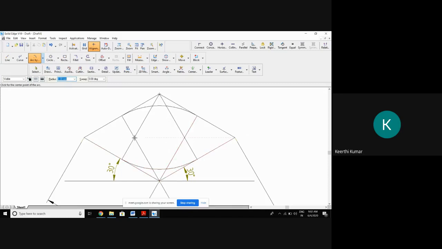Again, we need to draw the arcs other side. So take this intersection point as a center. This as a radius, cut an arc by using the compass. Then again, these two as intersection, radius, cut an arc. See, if any doubts, please ask me. I'll wait for you for 2 minutes to complete this ellipse.